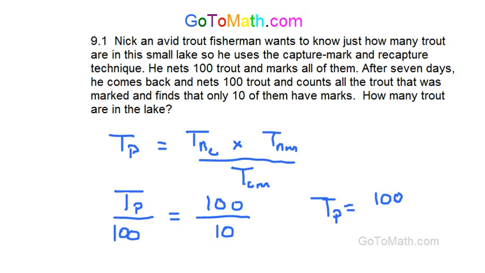Solving for that, we get 100 times 100, which is 10,000, and then divide that by 10. 10 of them have marks, so 10 goes into 10,000 one thousand times. I was thinking the answer was 1,000 when I did 100 times 100. Yeah. So there's approximately 1,000 trout